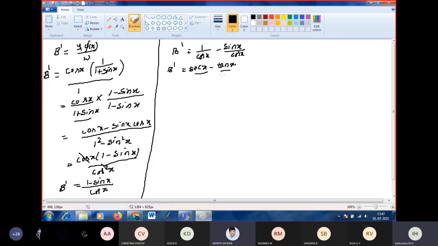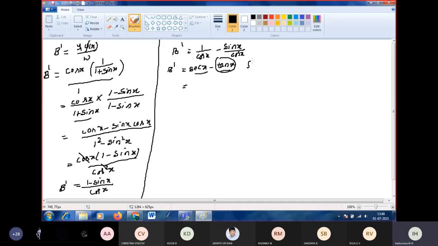By keeping the minus outside. Yes, so minus outside. Correct. Minus log of cos x. Shall I write integration of tan x is minus log of cos x? Yes. As we know the formula, that only we can use.